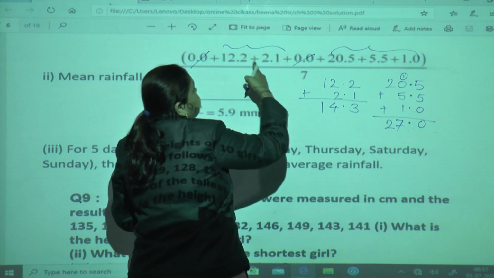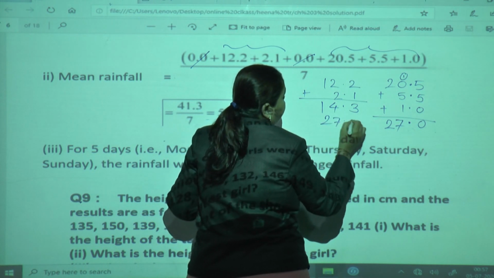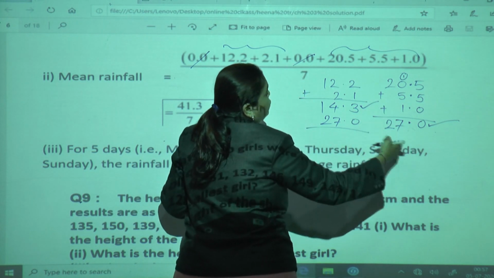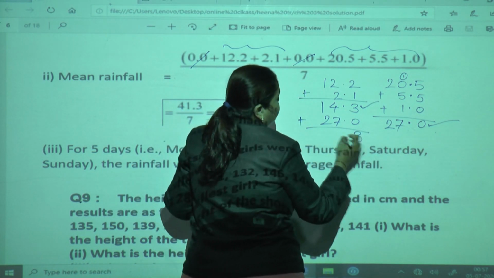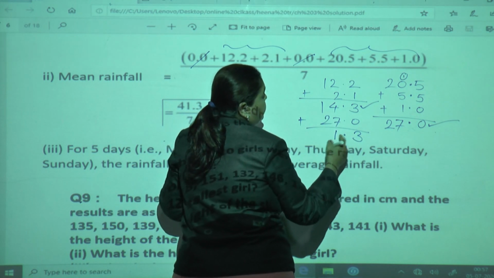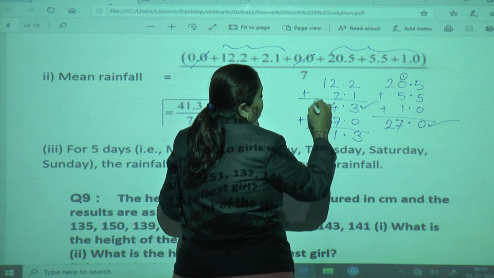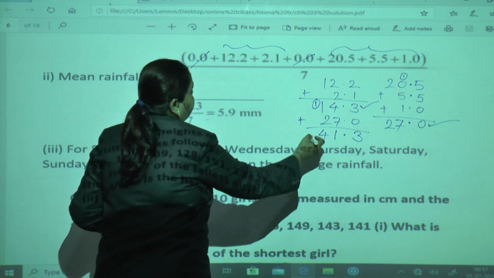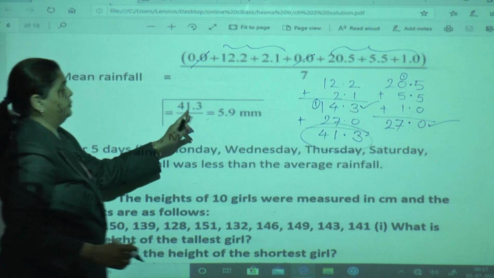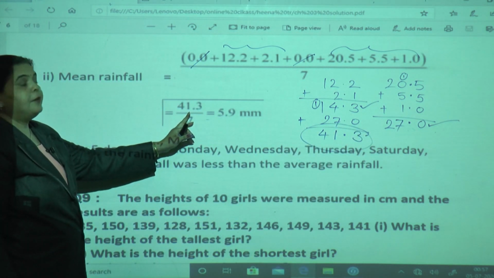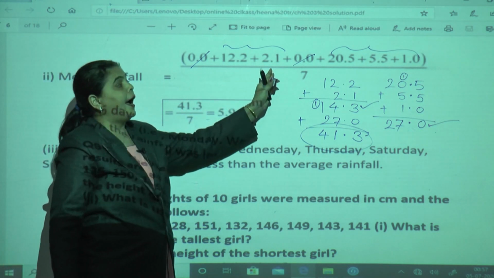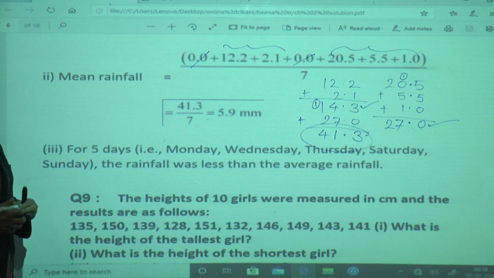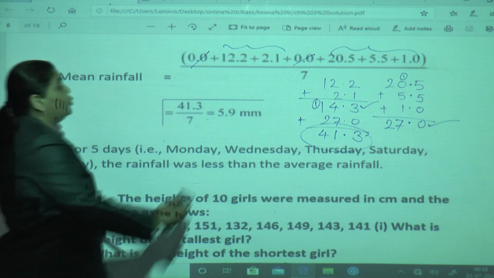Now the question is the sum, so we have to add. You can do the addition of this and this. I will mark it and show you. This we have to add, so I had written it here directly, and this will be 7 plus 4, which is 11. Write the decimal under the decimal and 1 carry, because this is 3 and 4. 41.3 is what we got as the sum. I have not done anything magic here, I just showed you that when it is a decimal, you have to write the decimal under the decimal and do the total of it.